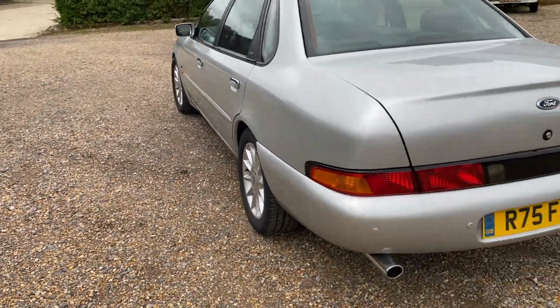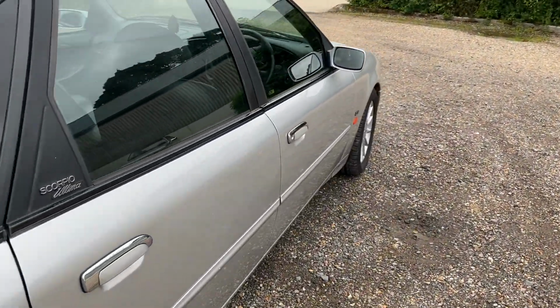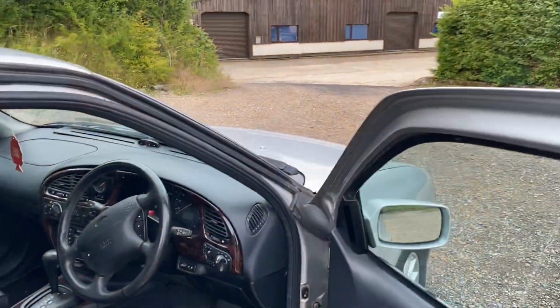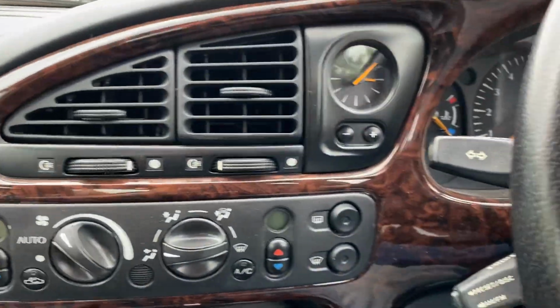That's not affecting the camera. Pop inside for this next bit. Yeah, so Ford had bought Jaguar, so they'd pretty much got their luxury car department worked out. So this really is the end of the line for the big luxury Fords. So I think their swan song,